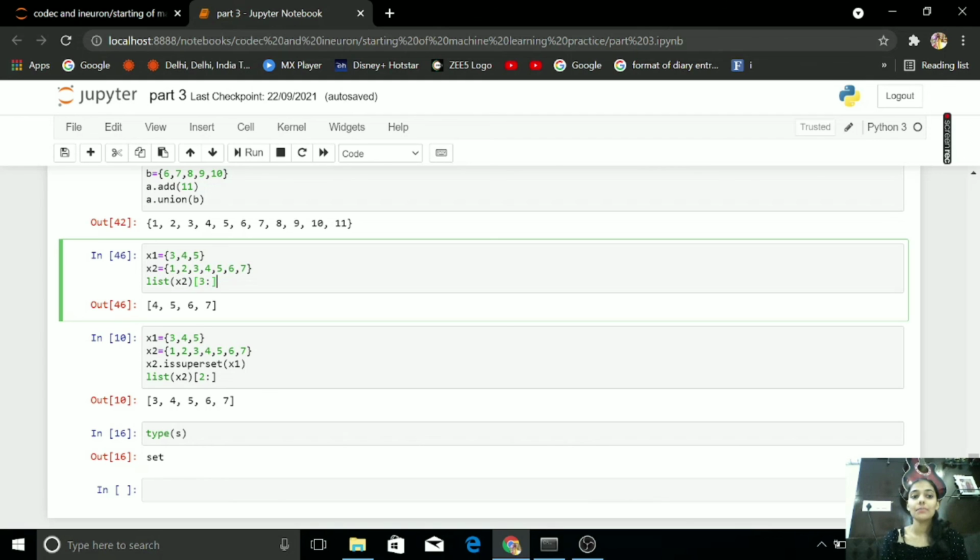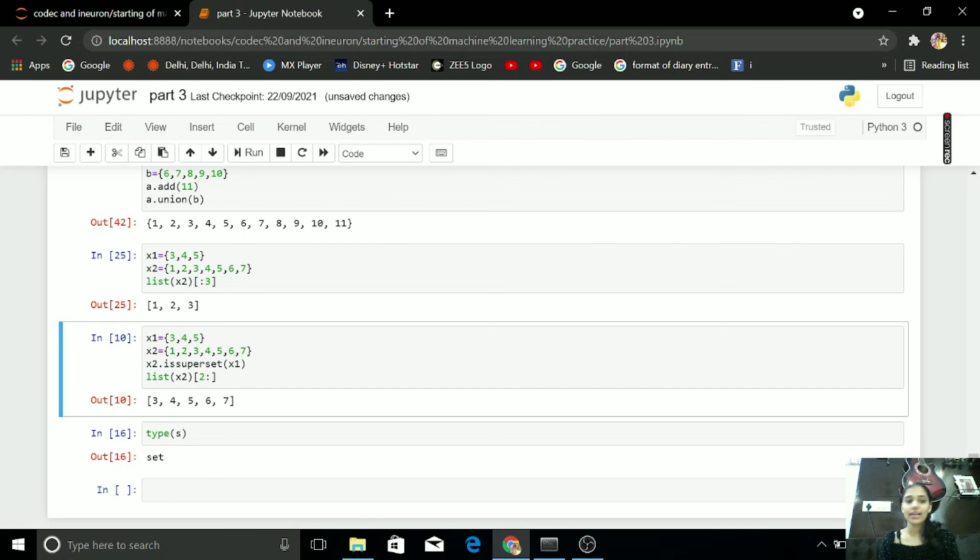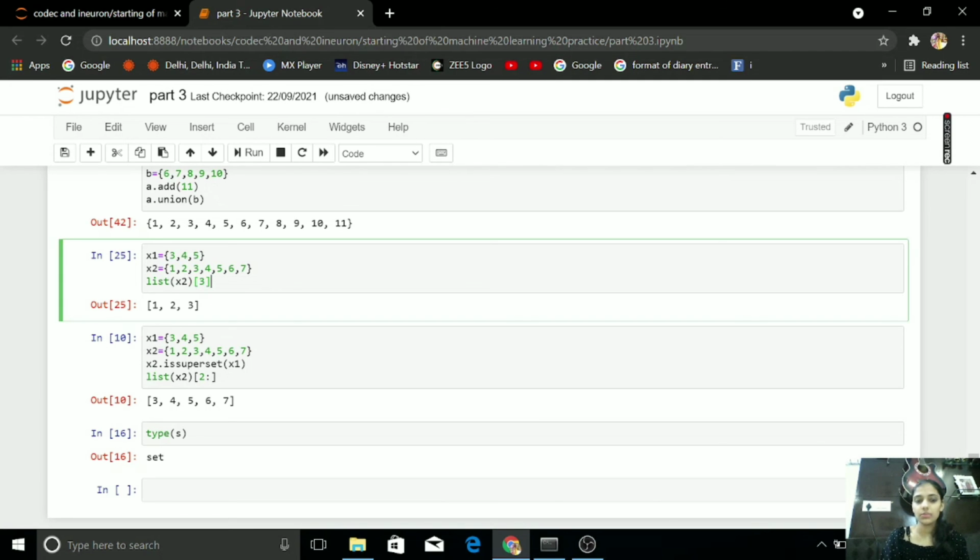For the values after 3, I have to use list of x2 and list of x1. By this I am getting my output as 4, 5, 6, 7. If I am adding in this, I am getting my output as 1, 2, 3. This is the difference between these two.